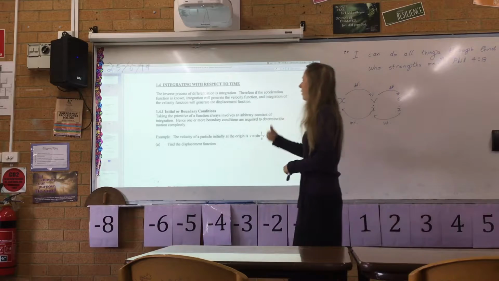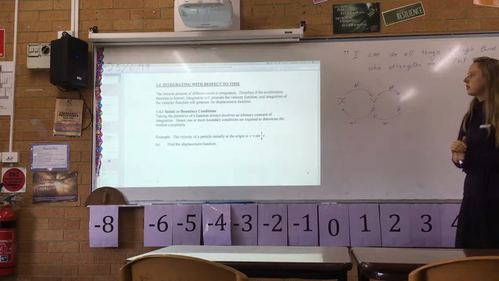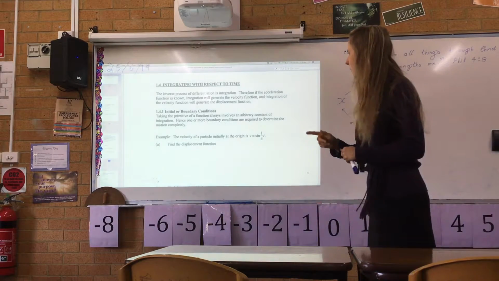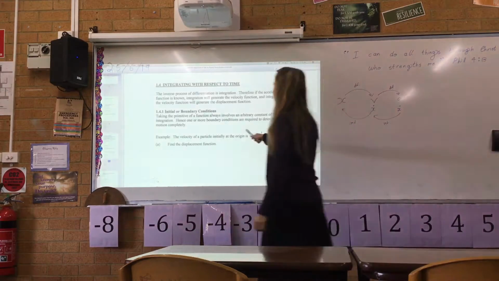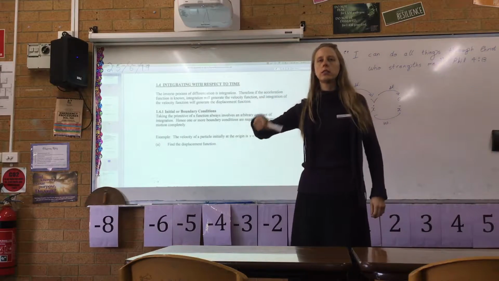Taking the primitive of a function, in other words, integrating, always involves an arbitrary constant. Remember our C's, we're going to do plus C. And then you're often given boundary requirements, like the initial amount,